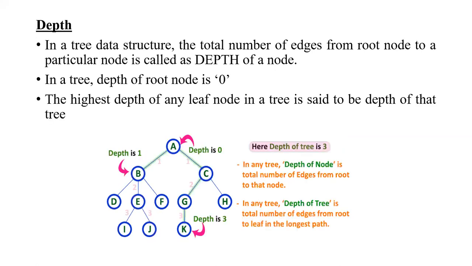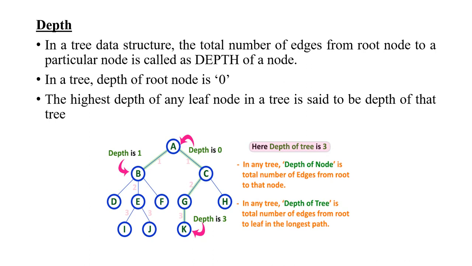In a tree data structure, the total number of edges from the root node to a particular node is called the depth of a node. In a tree, the depth of the root node is 0. The highest depth of any leaf node in a tree is said to be the depth of that tree. So the depth of the tree here is going to be 3. In any tree, the depth of the node is the total number of edges from the root to that node. So the depth of the tree is the total number of edges from the root to the leaf in the